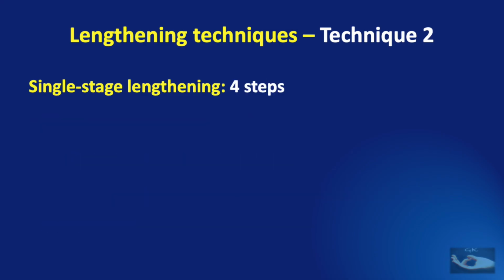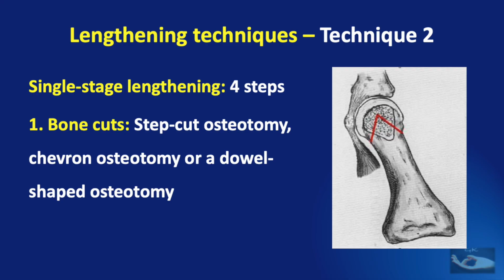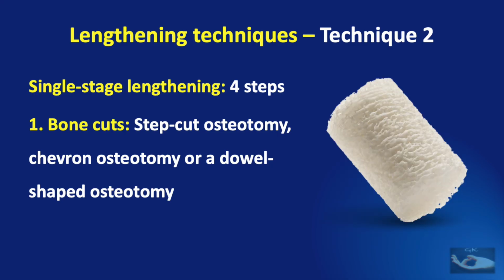The second technique of lengthening of the shortened bone in brachydactyly is single stage lengthening, which consists of 4 steps. This type of lengthening is preferred when brachydactyly is combined with angulation because both can be corrected by this technique. The first step in this procedure is the cutting of the bone, which can be done in the form of a step cut osteotomy, chevron osteotomy, or a double shaped osteotomy, which is nothing but coring out bone in the